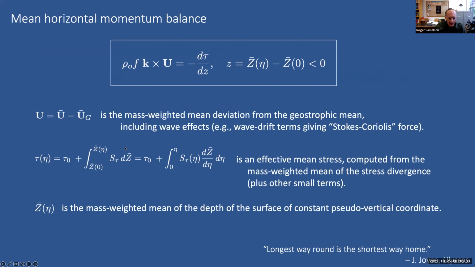And I'm back to one. And the mass-weighted mean of the depth of the surface of constant pseudo-vertical coordinate is what we now take for the depth here, and that is only a second-order effect as well. So this is basically the same as the original